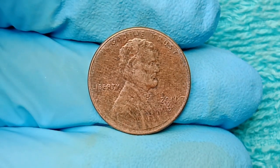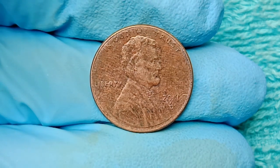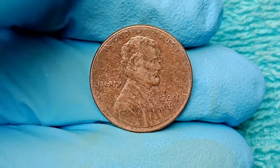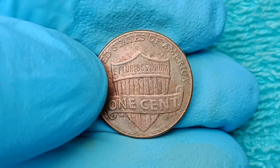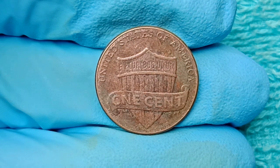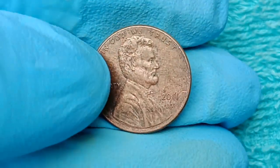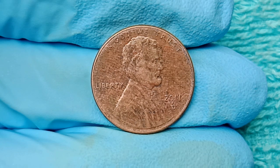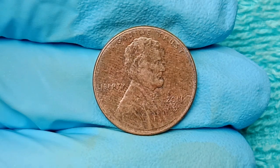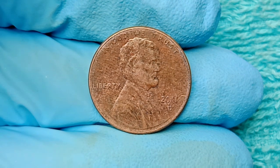And if all of this makes you want to take a second look at the coins you've been ignoring, then you're not alone. Because the idea that a tiny copper-plated disc from over a decade ago can hold a fortune has captured imaginations across the world. From rural coin clubs to high-stakes investors, and whether you're a seasoned numismatist or just someone curious about what's hiding in your change jar, this is your moment, your invitation to look again, to search a little deeper, and maybe, just maybe, uncover a piece of American history so rare, so valuable, and so full of mystery that it changes